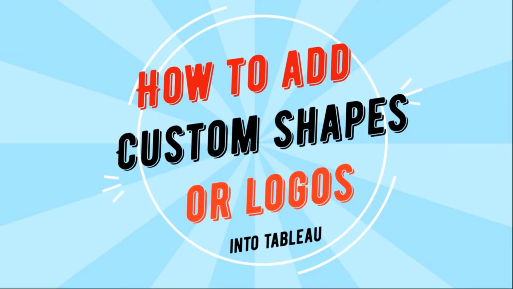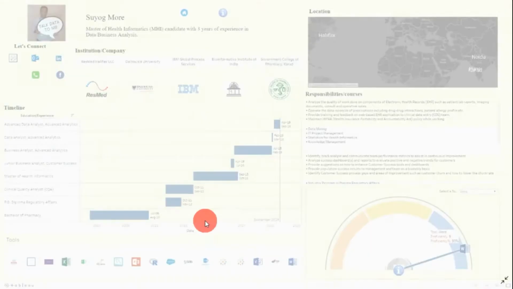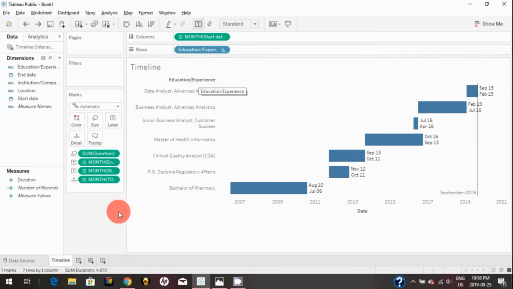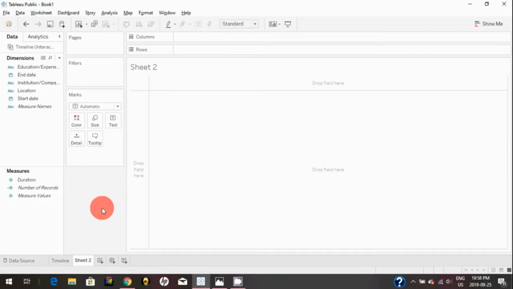Now, how you can add custom shapes or logos into Tableau. So basically, I am trying to create this visualization here. So let's get started. For that, we're going to use the same data which we used for timeline chart, and we will just create a new visualization in a new sheet. You can create a new sheet by clicking on this icon here, and in this new sheet you can